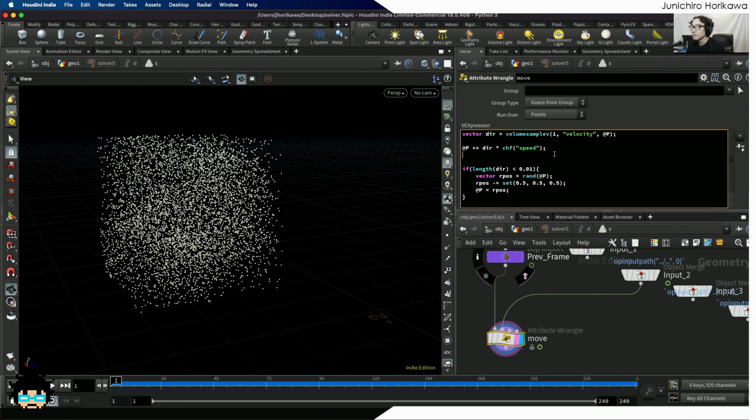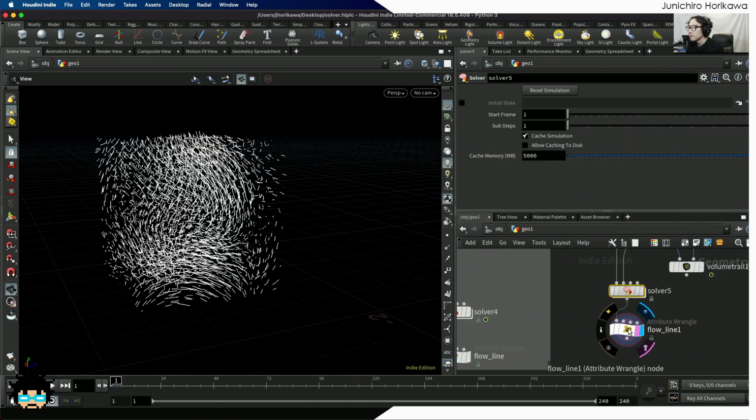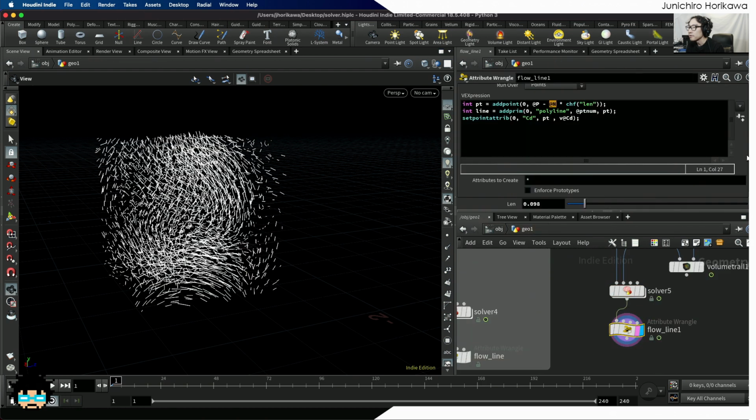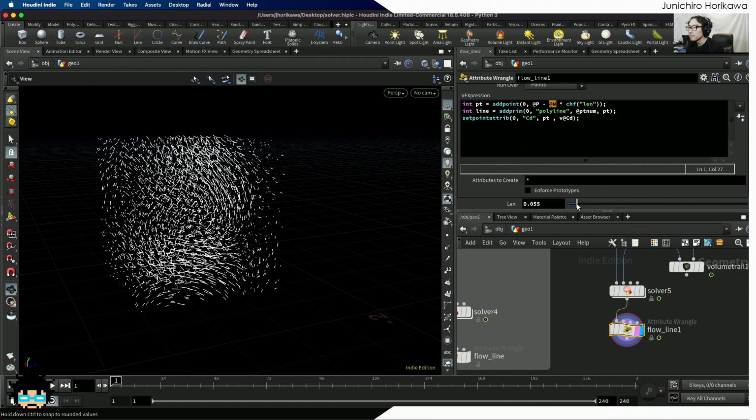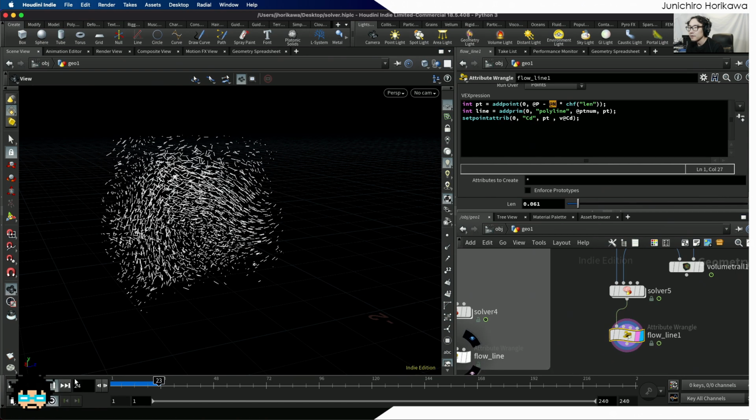So what I'm going to do is to create a normal direction for each of the point using this direction. Okay. Now I am going to set some lengths here, and if I play it, now you can see